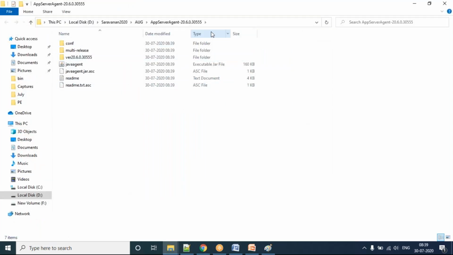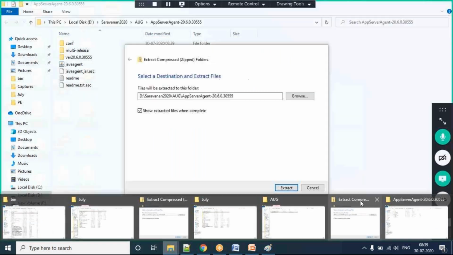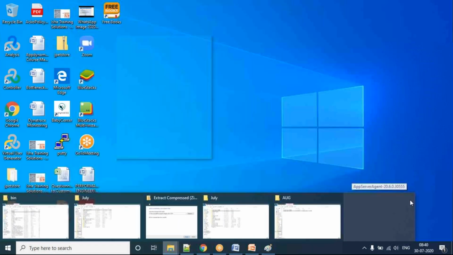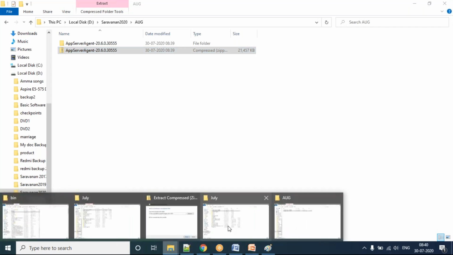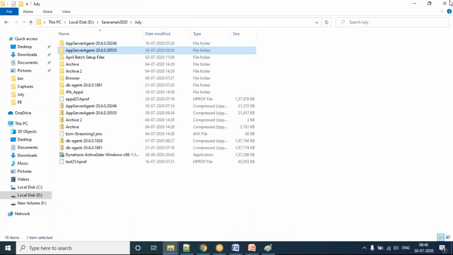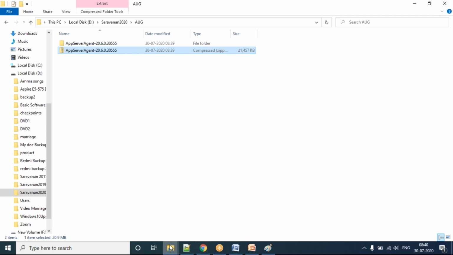Okay, I extracted this version. So what you have to do is go to your application server. This also I will explain when we go for our regular session. I will say how to download your application server and how to set up your application inside that. All those information we will share.